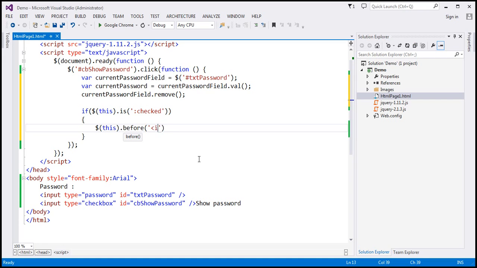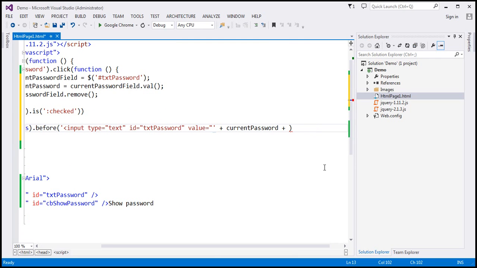So I'm going to add a new input field, type equals text, and let's give it an ID equals, we are going to use the same ID, txtPassword, and value equals. So notice that we have retrieved the value that the user has typed into the password text box into this variable. So I'm going to use this variable currentPassword, and to that let's append